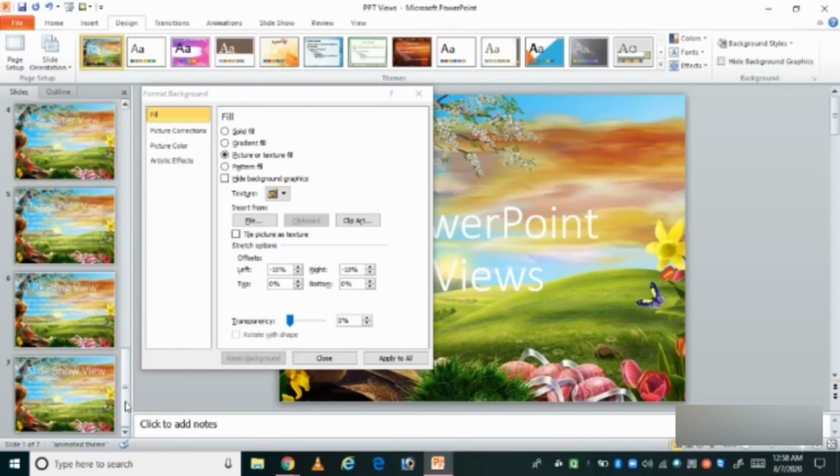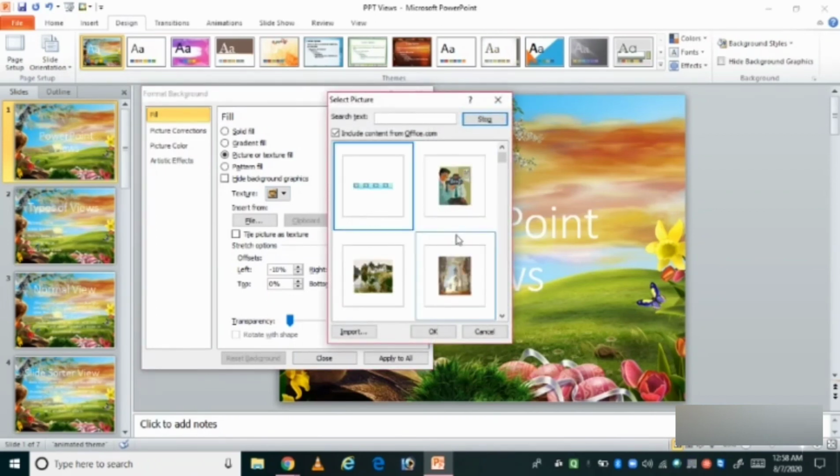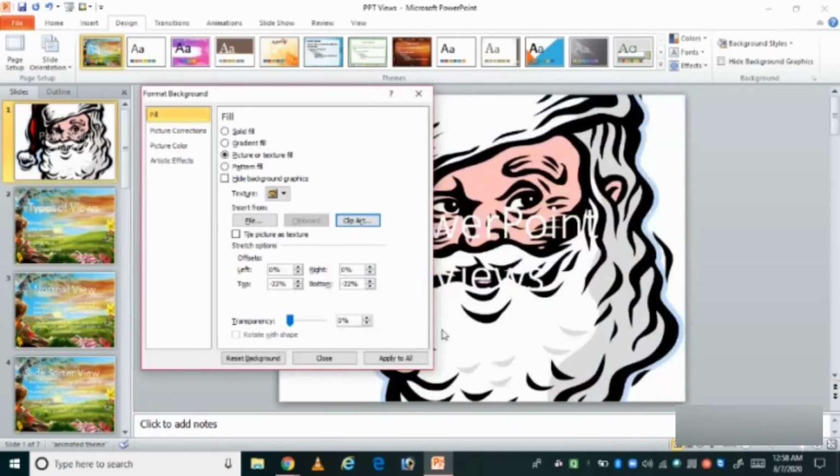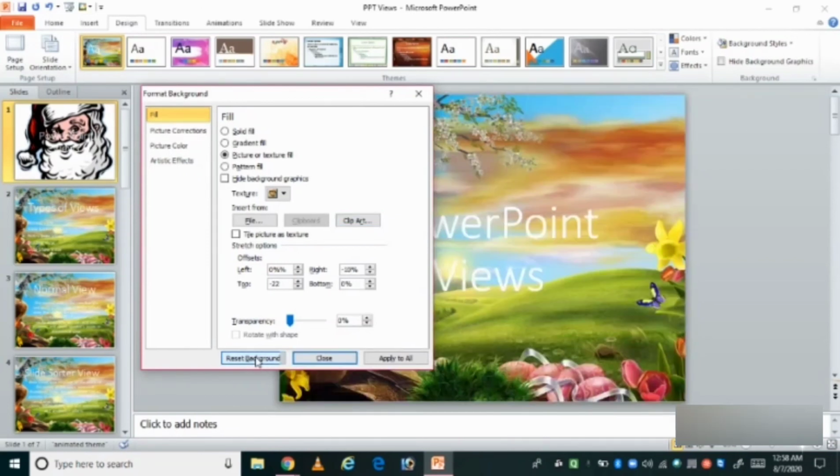You can even customize each and every slide as per your requirement. And you can even insert a clip art also. For example, I'm clicking this one. I don't like this. Just to show you, I clicked this one. So I'm clicking on Reset Background.